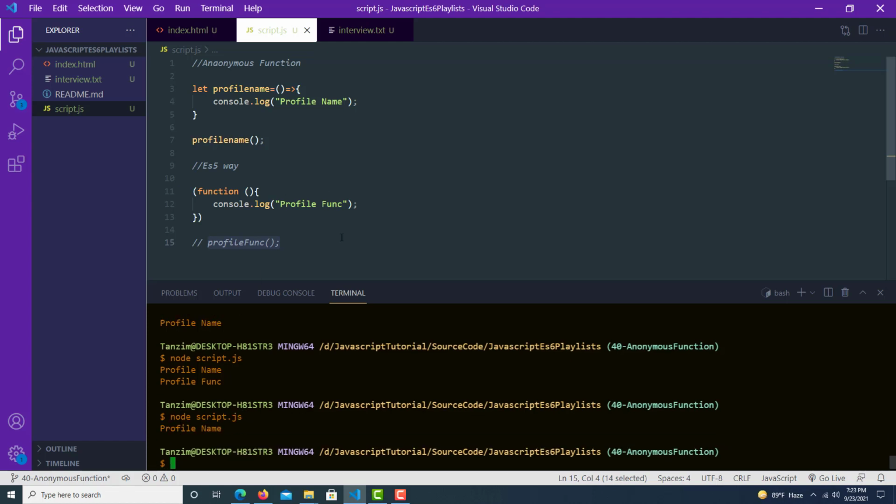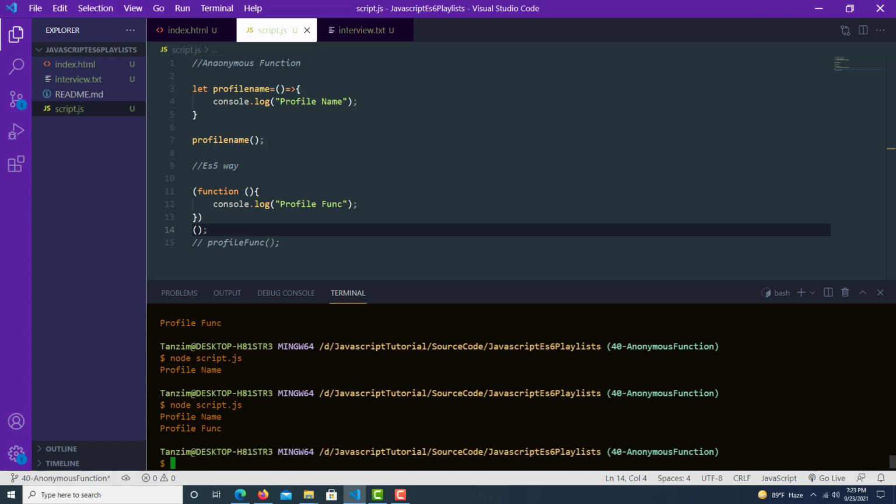I don't get profile func. The thing is that I have not invoked this function, okay? You still need to invoke the function even if you don't write any name, and you also don't put it inside a variable. Yes, so the ES6 way of writing,